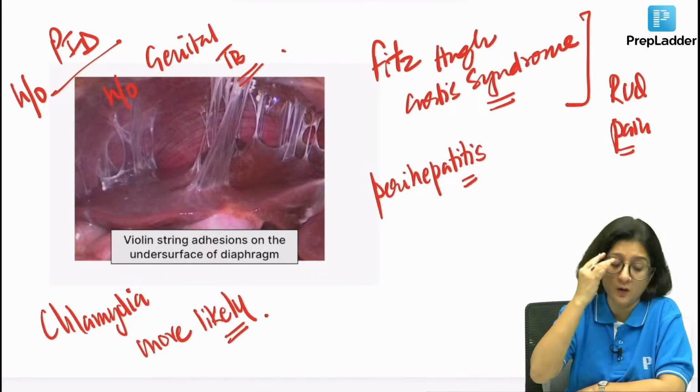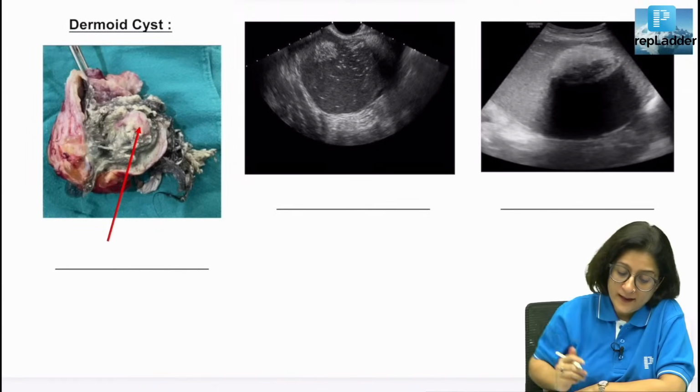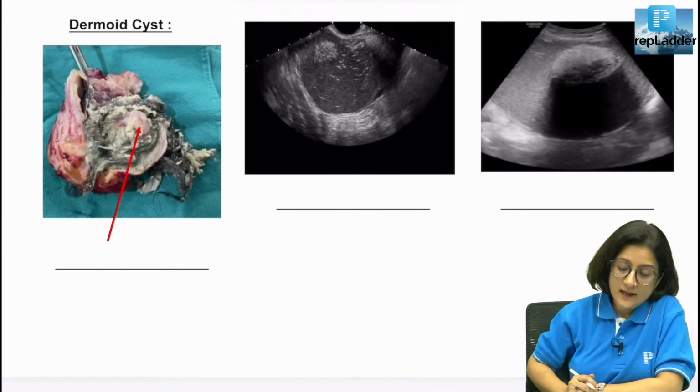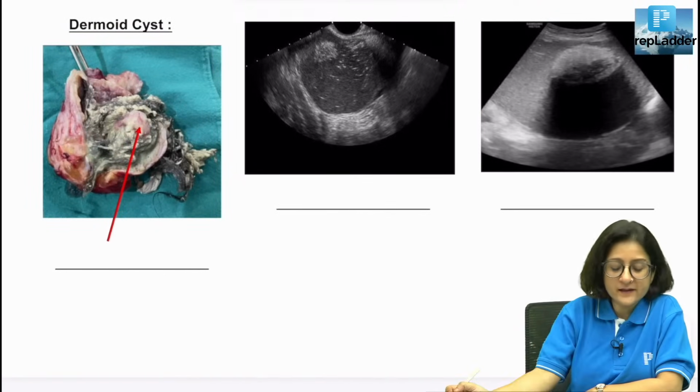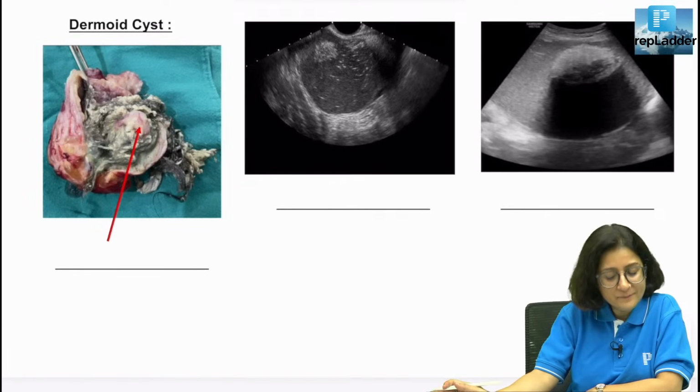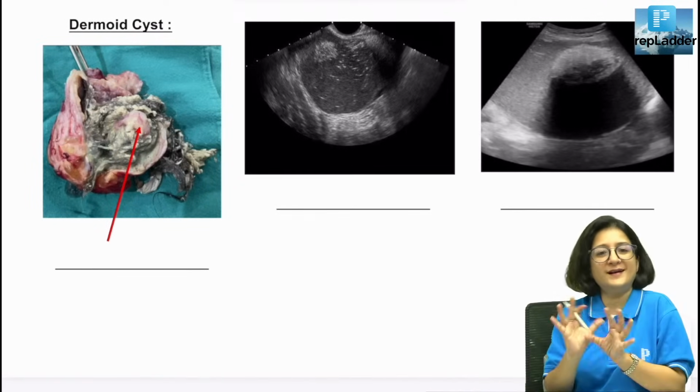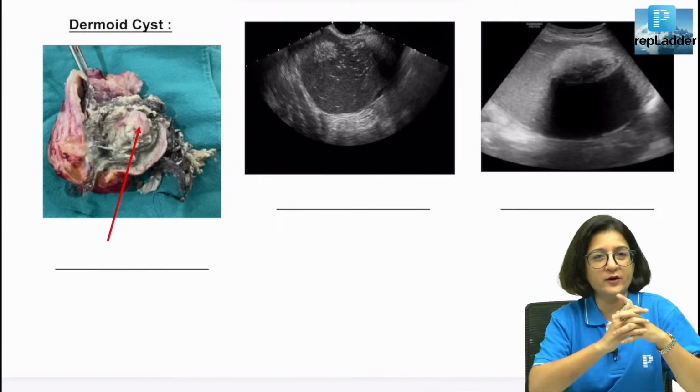Very good. Okay, now moving on. Next image, dermoid cyst. So now with the dermoid cyst, what are you seeing here? Your cut section can be there. See, if you just look at a laparoscopic image of a dermoid cyst,